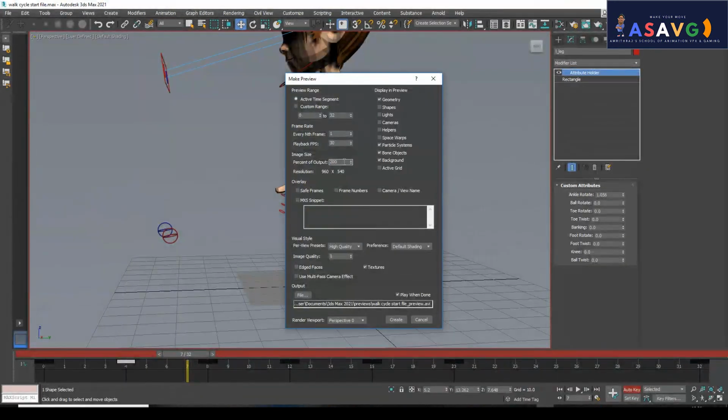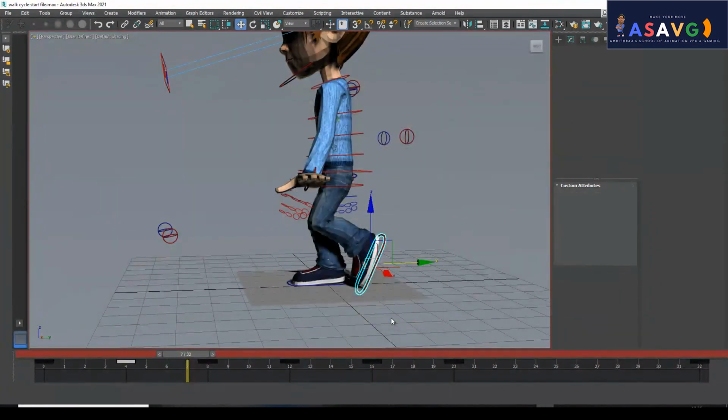I'll make it 200 and 200, not 200, 150. I'll make 150. Okay, and making the playblast. So I don't need to see the background, bones, particle system, and I only want to see the geometry. Okay, high quality default shading, create.